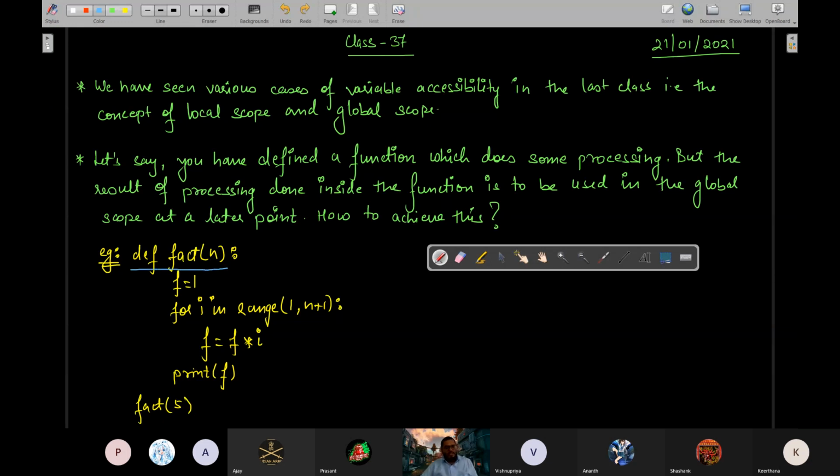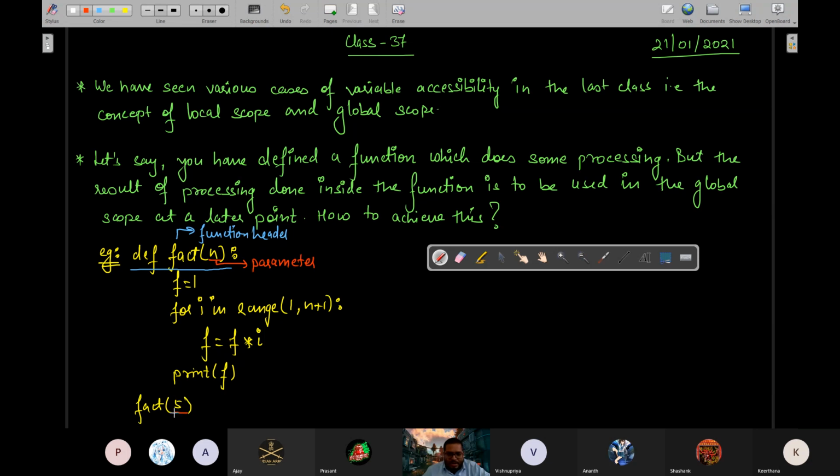This entire thing is the function header. Okay, this thing is the parameter.